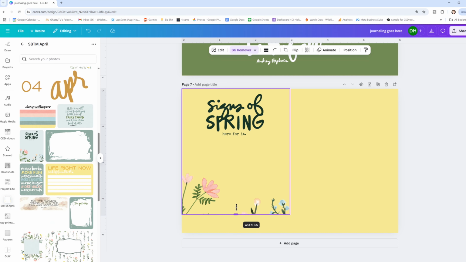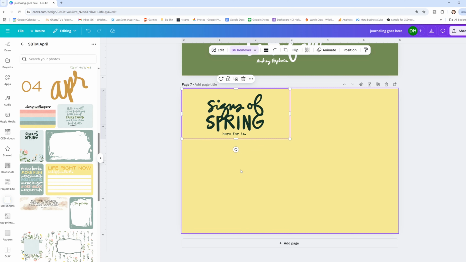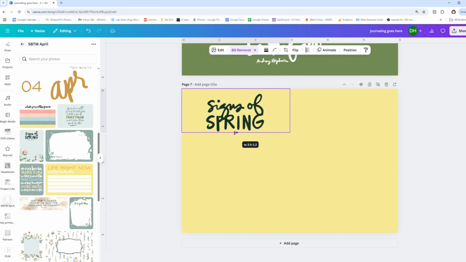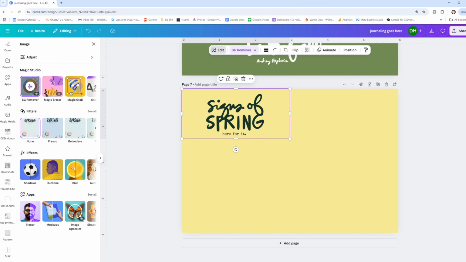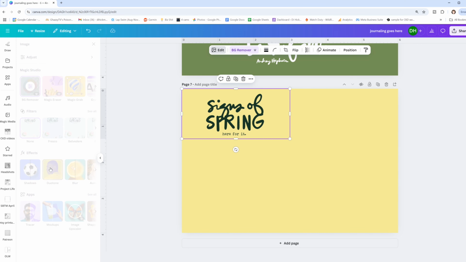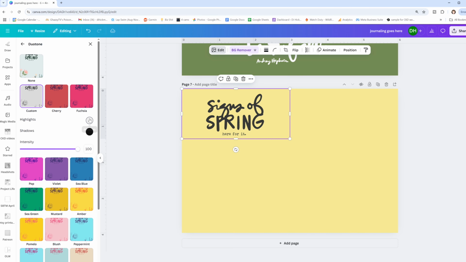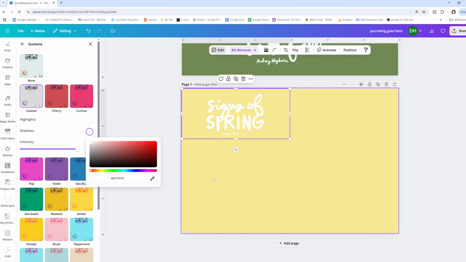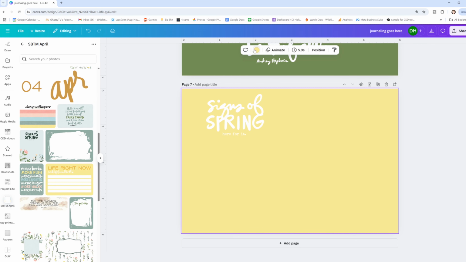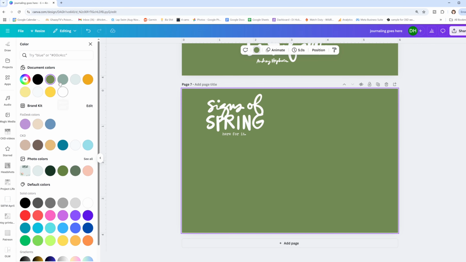I can also take that bit off. I could also even take that bit off, but I like that. And then again, I can come over to edit. I can come to duotone, custom, white, and then this background can be the green, the seafoam. I like the seafoam. I also really like that. But you can see how I can make